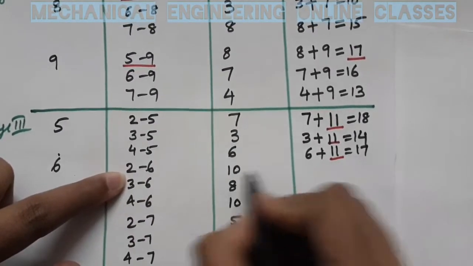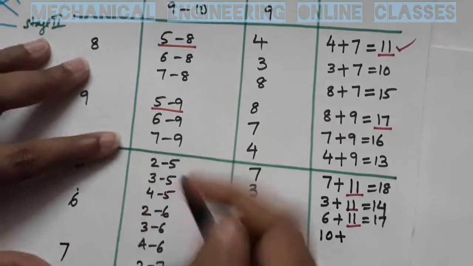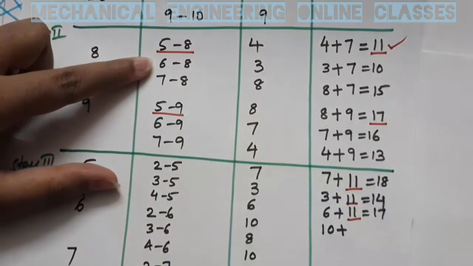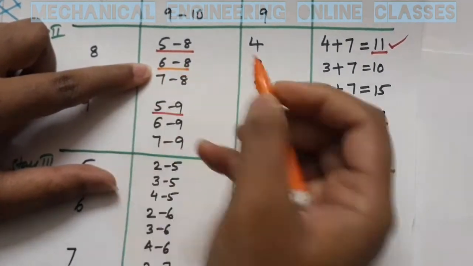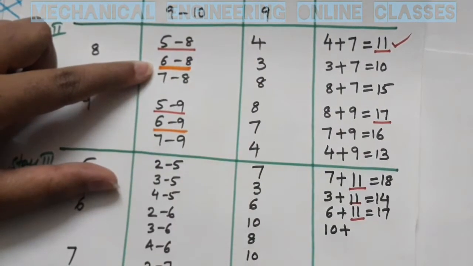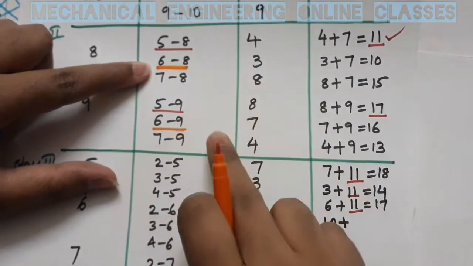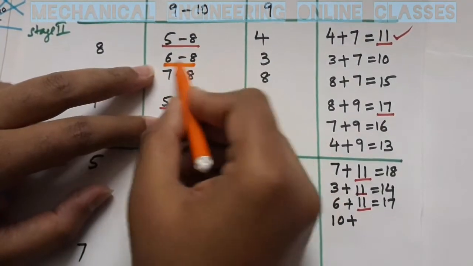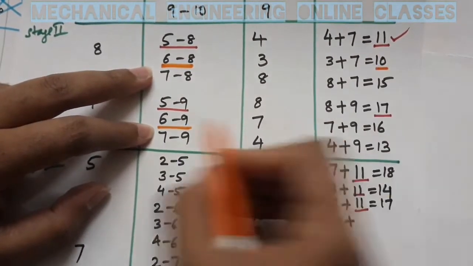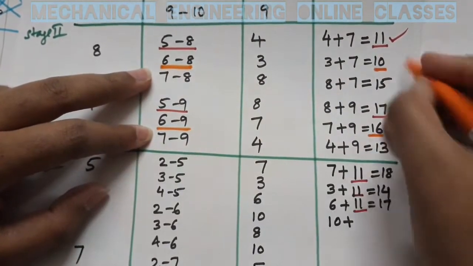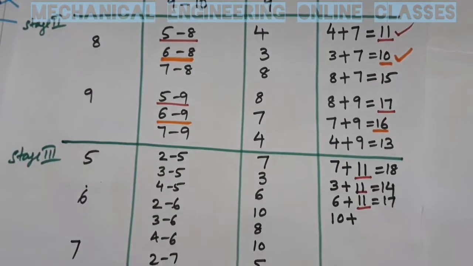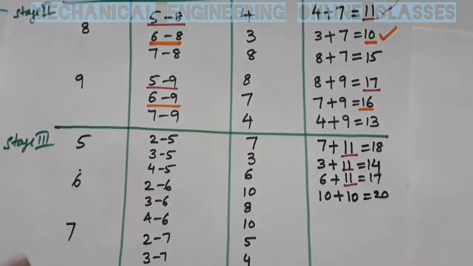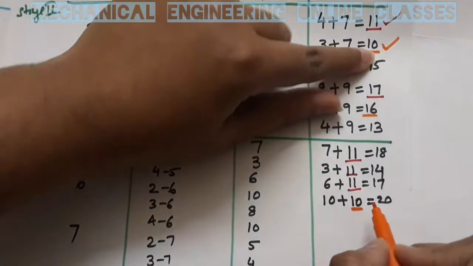So 2 to 6 is this 10 plus. Now we have to check with the minimum of these values wherever our 6 comes, 6 to 8, 6 to 9. So I can reach 10 via 8 or 9 if I am already at 6 from 2. So the minimum of these two values, the minimum of this 6 to 8, which is 10, and 6 to 9, which is 16, is 10. So I have to add that 10 here. So this will be 20. This 10 is taken from the minimum of these two values.